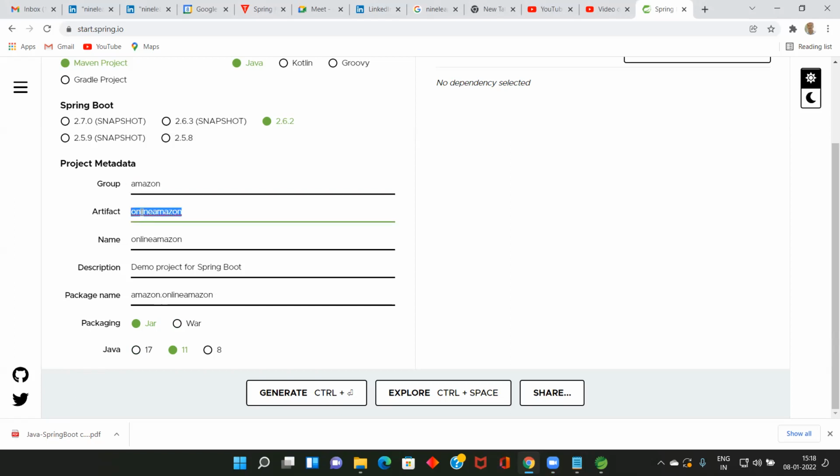We are going to name the project online sale, Amazon. Any name, any meaningful name. Here you can choose whichever version you want. I don't know whether all of you installed 17, anyway, let it be the default, leave it.